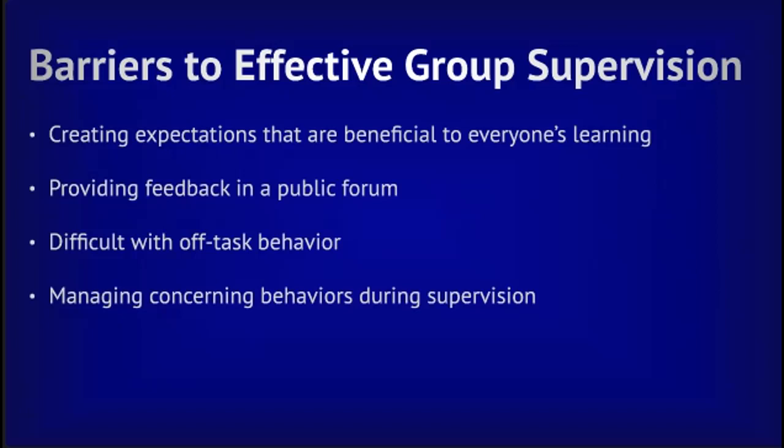Sometimes supervisors will choose to provide that feedback individually or via the forum. But what happens in those situations is if the peers don't see the supervisor address it, they may assume that it's the right way to talk about whatever the topic is, because that feedback is not being given to them. And then it's considered tacit approval by other supervisees in the group.